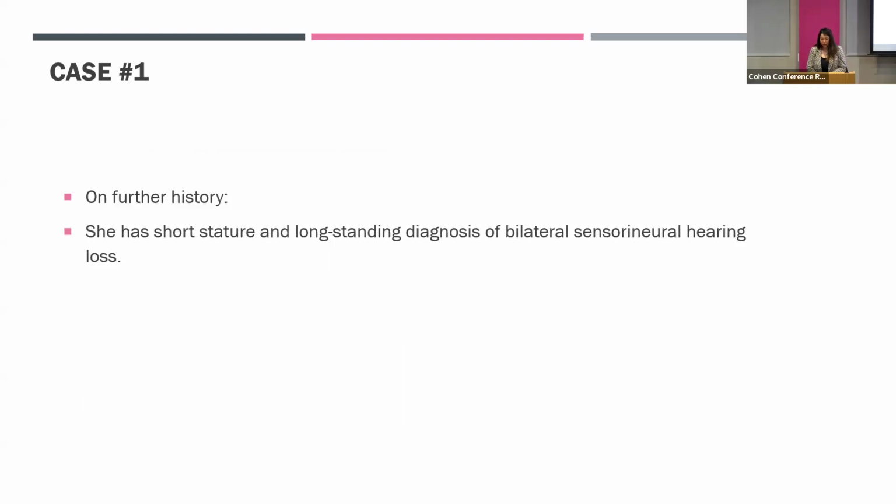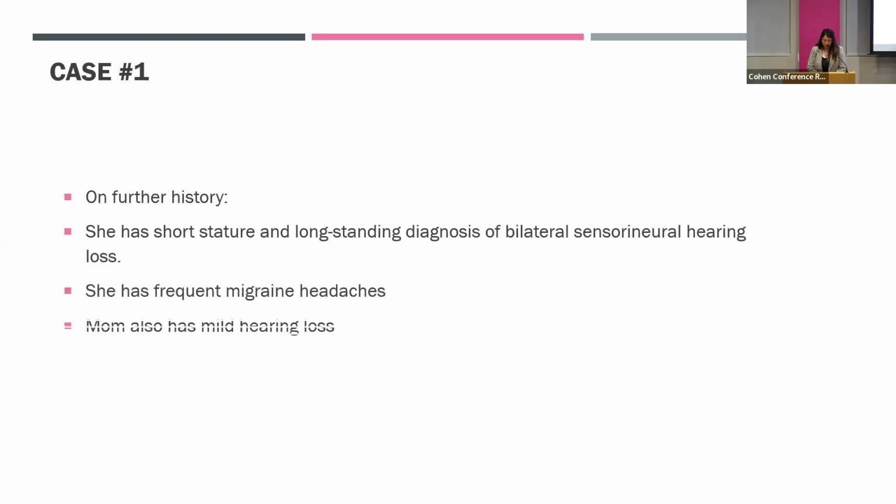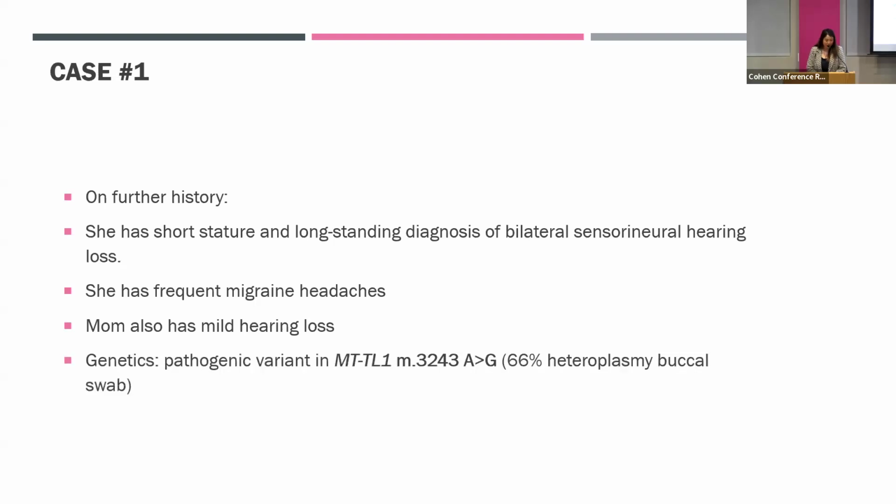They don't know why. And she was diagnosed with bilateral sensorineural hearing loss in the year or two leading up to her presentation. She also has a lot of migraine headaches that she kind of just put off. And then the mom also said that she had some mild hearing loss and thought that was just a thing that people have. Okay, so we tested her genetics, and she has a pathogenic variant in the MT-TL1 gene